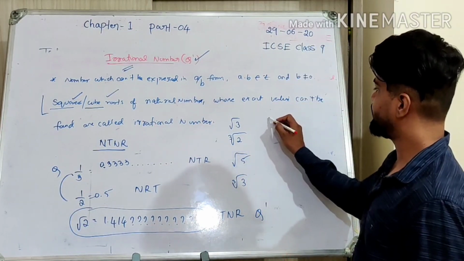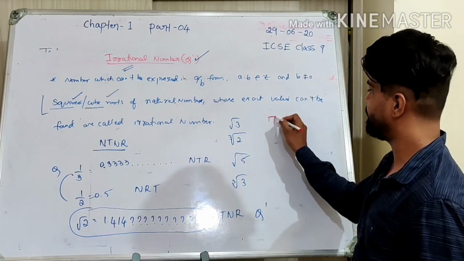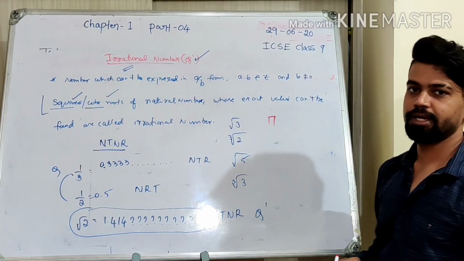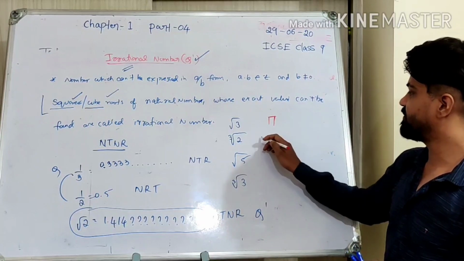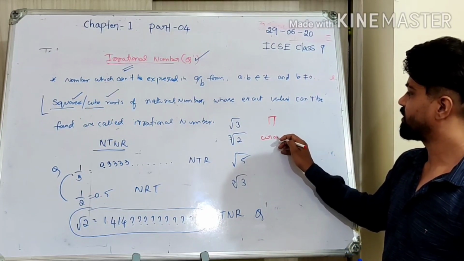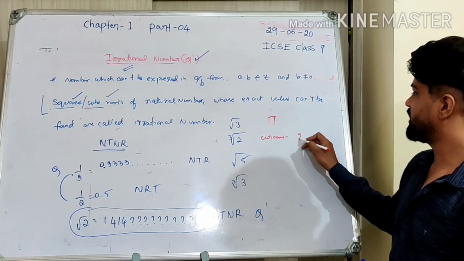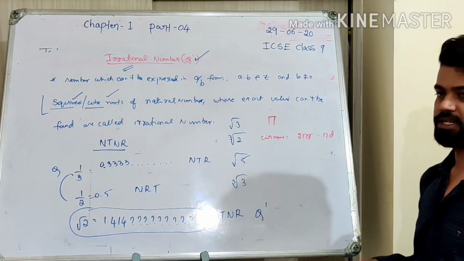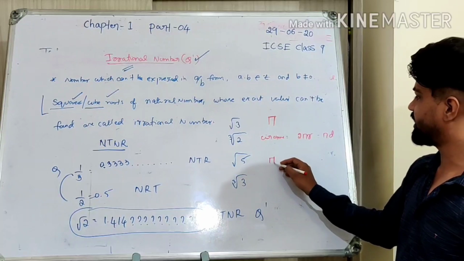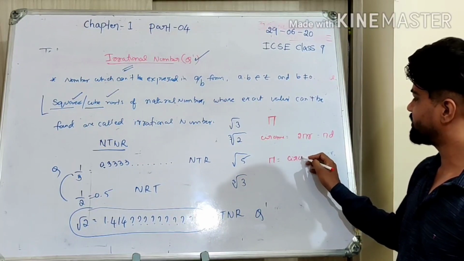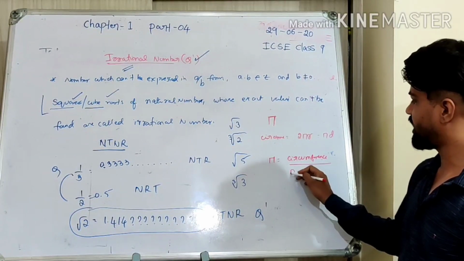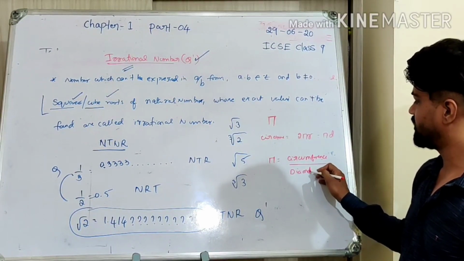And there is one more important thing. There is a number pi. What is pi? Where do you use pi? What is the circumference of a circle? Circumference of a circle is 2 pi r, or it is pi d. What is d? d is the diameter. So pi can be taken as the circumference of the circle divided by the diameter of the circle.